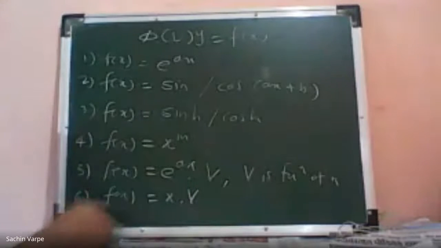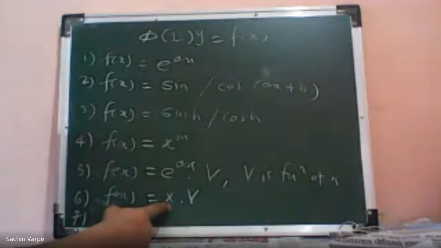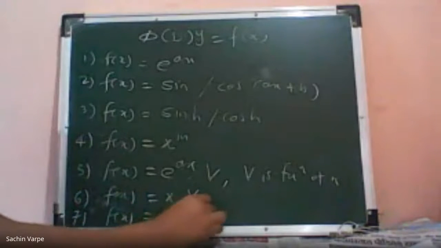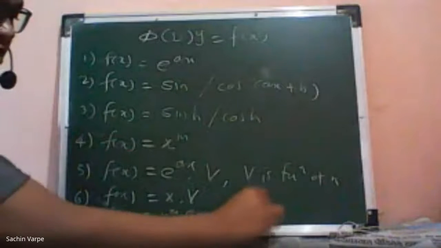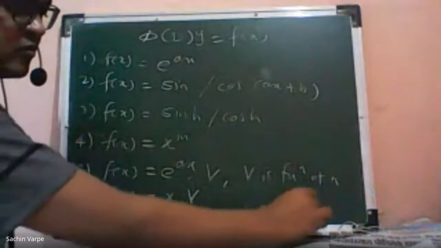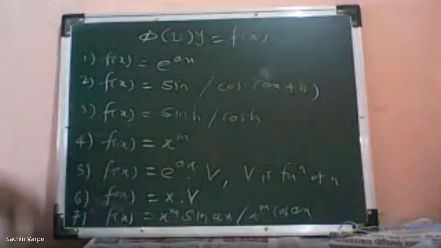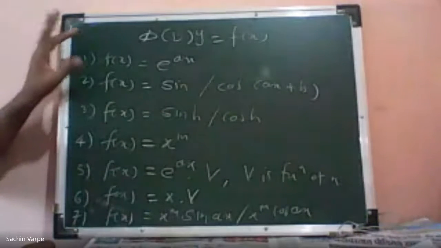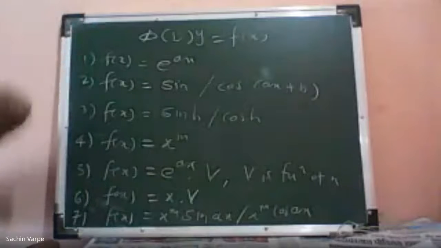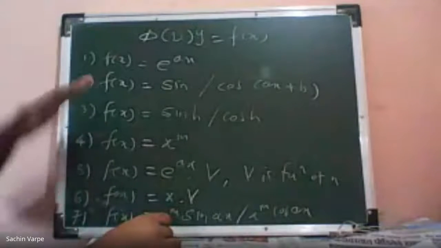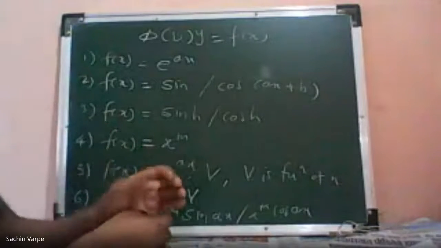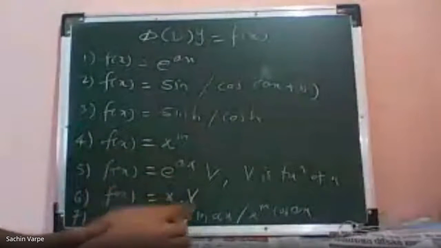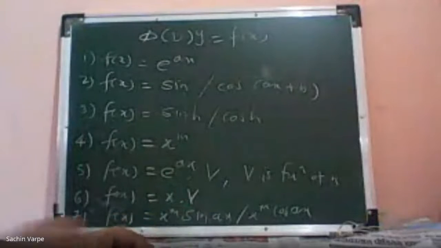And the last is when the power of x is not 1, that is f of x is x raised to m sine ax or x raised to m cos ax, then we have a shortcut, isn't it? So we have discussed all these 7 cases in detail up to the last lecture. Almost one example we have discussed on each. Now let us discuss the combined example on the shortcut method, and then we'll proceed with the next, third step of the particular integral. So the first example,